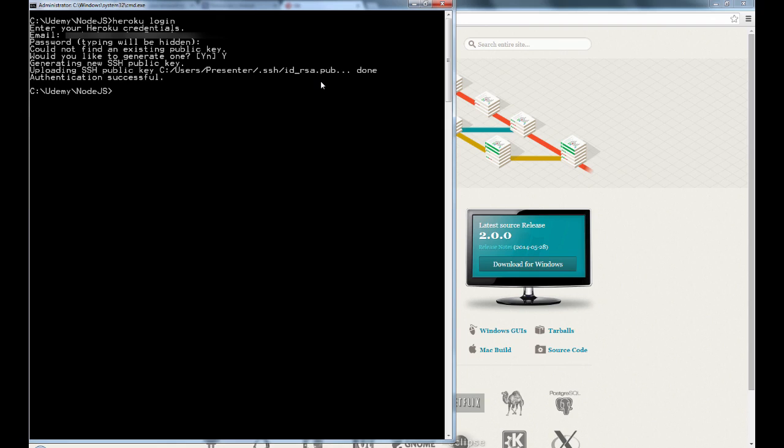Once this is done, we have to initialize a new Git repo. To do that, we'll type git init. Press enter.